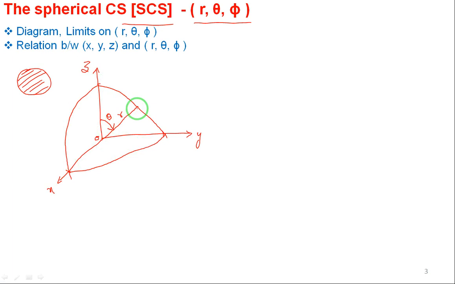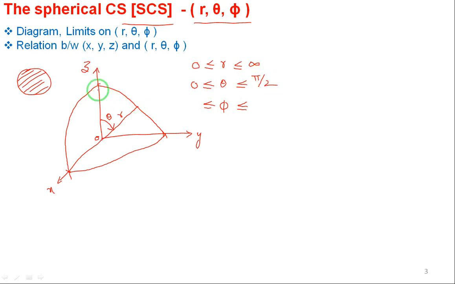What should be the limits of r and theta? That we will see. I will take r, theta, and phi and put limits on them so that the sphere is formed. The radius r can be from greater than 0 but less than infinity, the radius of the sphere. Then theta, first here I will put the limits. Just observe here, 0 to 90 degrees, 0 to pi by 2.